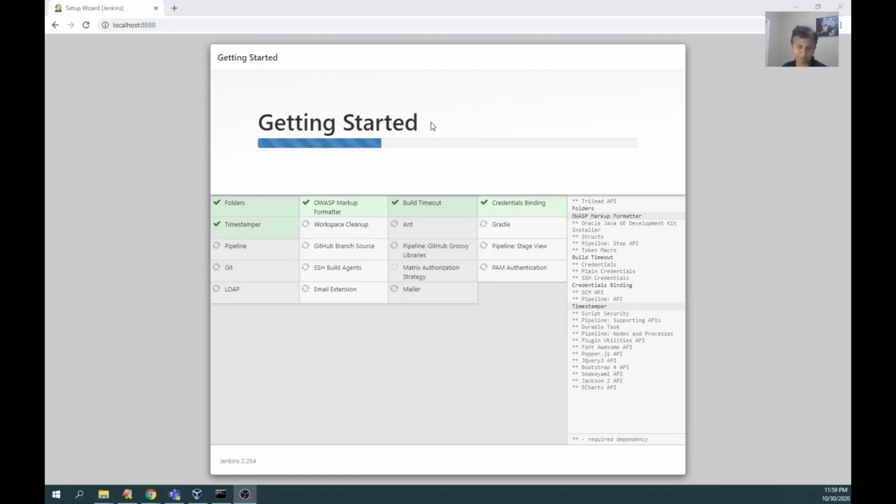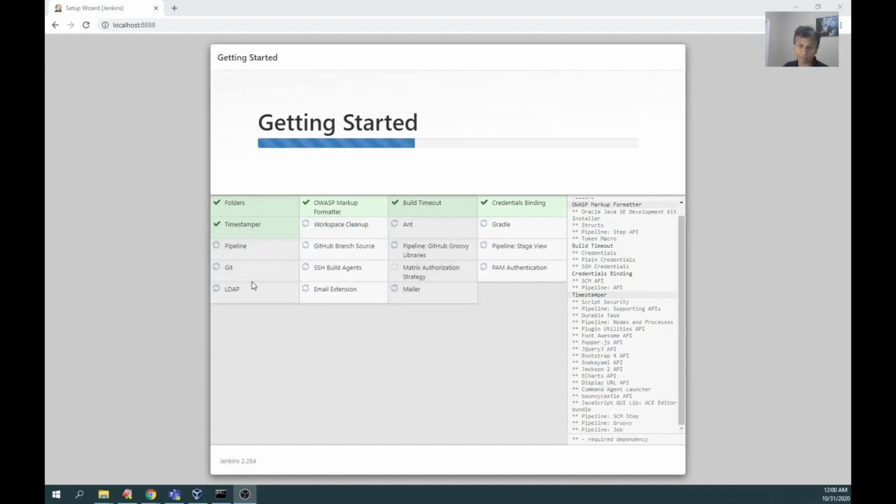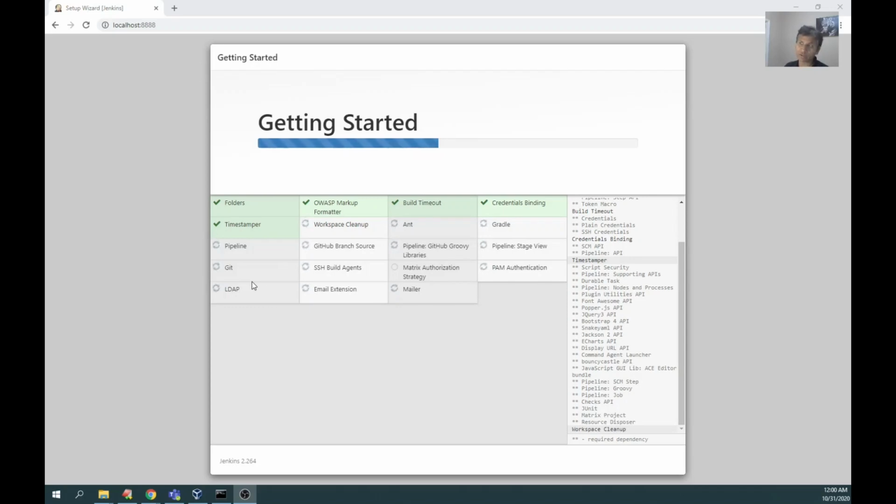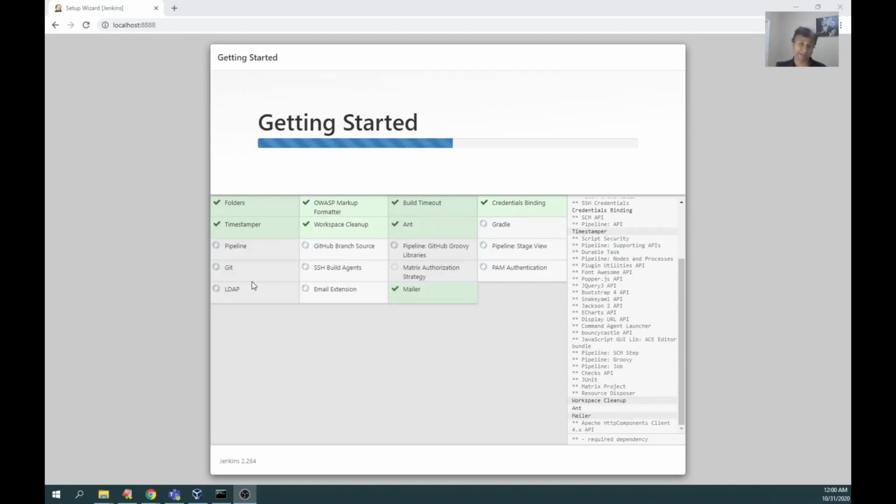Here you can see some basic plugins are being updated. The timestamp plugin, because whenever we run a job, the log comes with the time. And Git, this is the basic repository. For Git, you can go for either GitHub or GitLab, some may go for Bitbucket, or any other repository. Some people will go for Nexus, because time and again they may not be building, so directly we can plug in the jar from Nexus. Nexus is another artifactory.